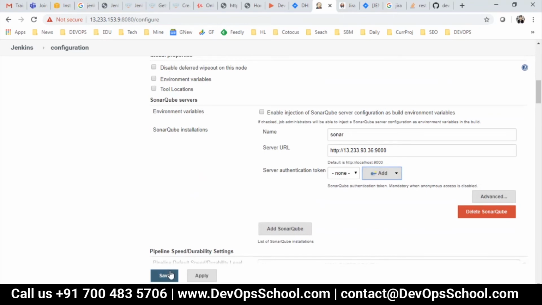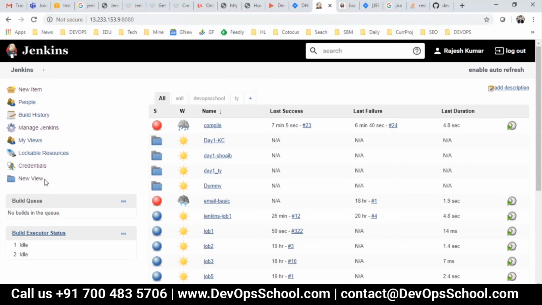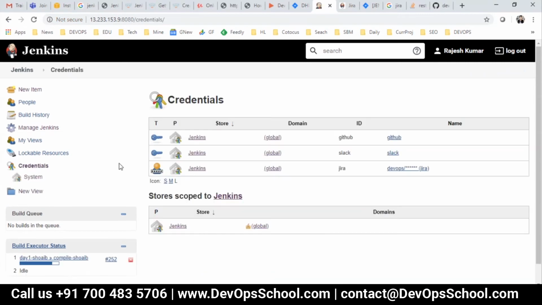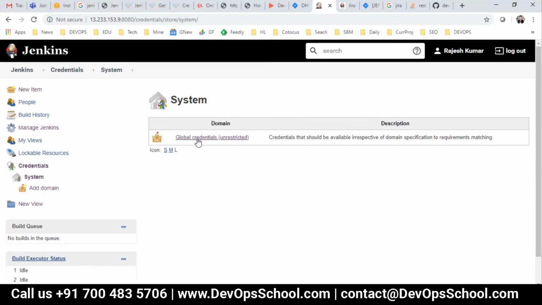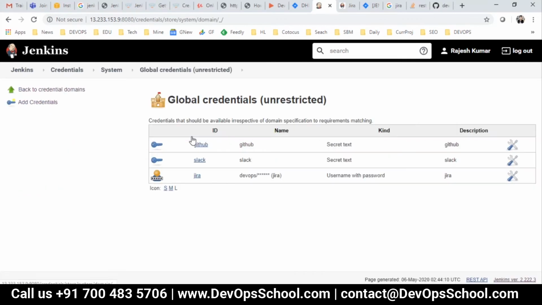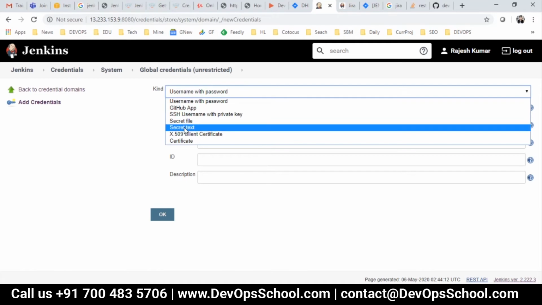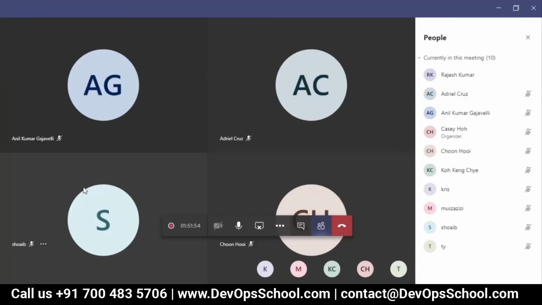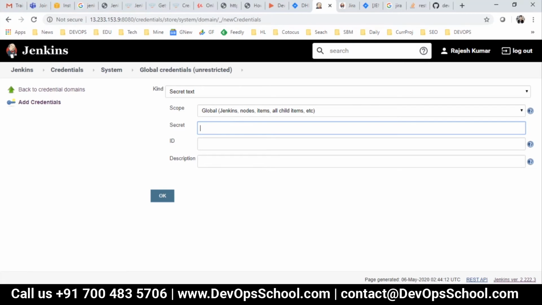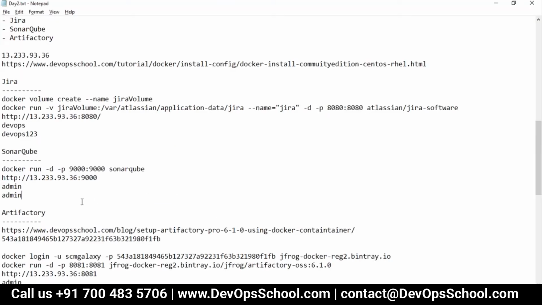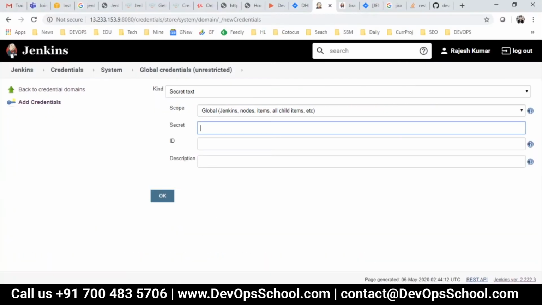I found it out. I will first go and create a token. So go to the credentials. Go to Jenkins, click on the global configuration, and here add the credentials. Now, what is the credential? I have a token actually. So here it should be token. I have a token for SonarQube. Actually, I have a password, but for SonarQube I know that it requires a token. That's one of the problems.